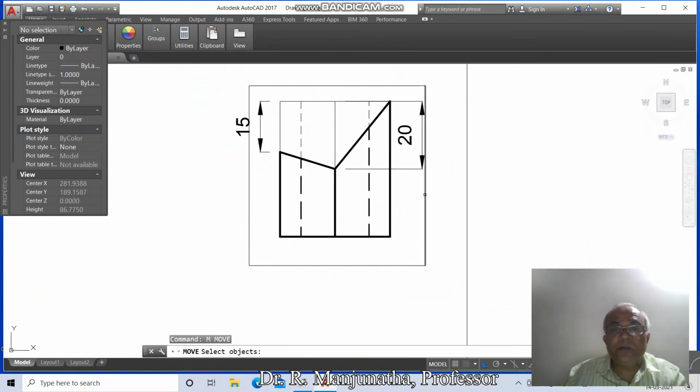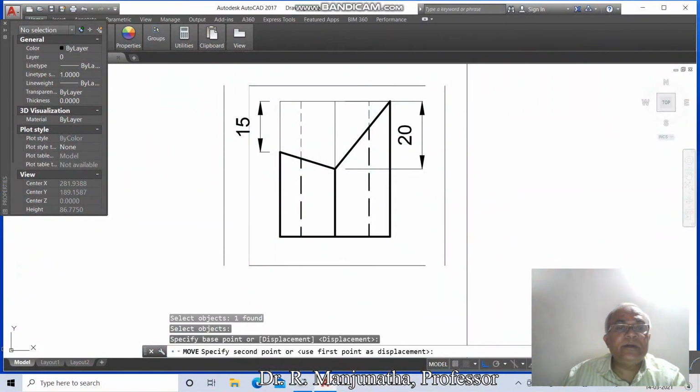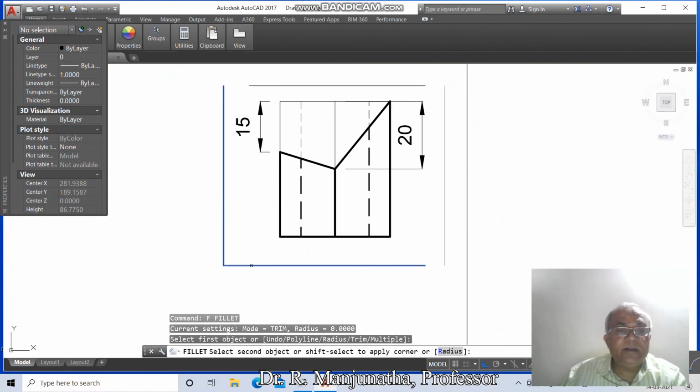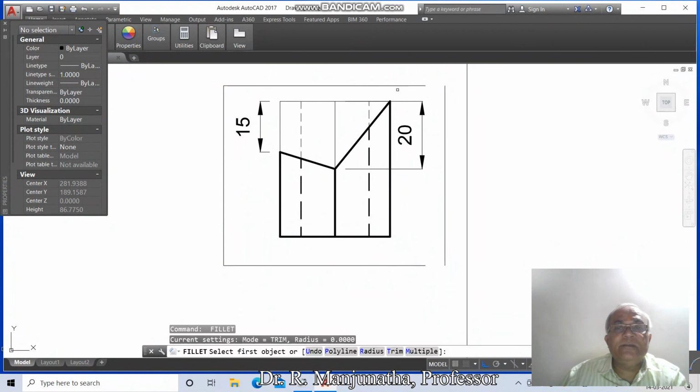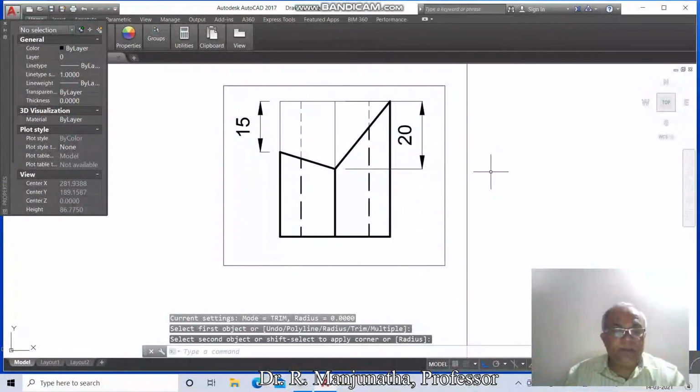Then go to move, select this, move it here, then move this and you move it somewhere here, then go to fillet, select this line. So this is the actual problem which is given, and then here,